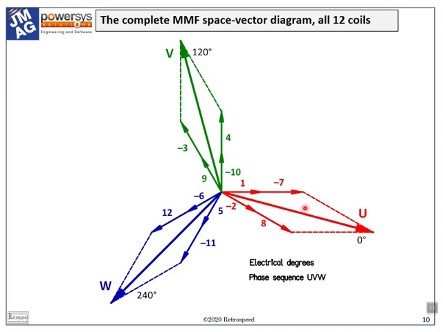Strictly speaking, the MMF diagram refers only to the 5th space harmonic of the ampere conductor distributions of the respective phases. This winding produces many space harmonics of MMF, which we have tacitly ignored. The way we've ignored them is by switching between mechanical and electrical degrees as we study the orientation of the coil axes and figure out the best way to combine them. The vectors which we draw in mechanical or electrical degrees greatly simplify the process.